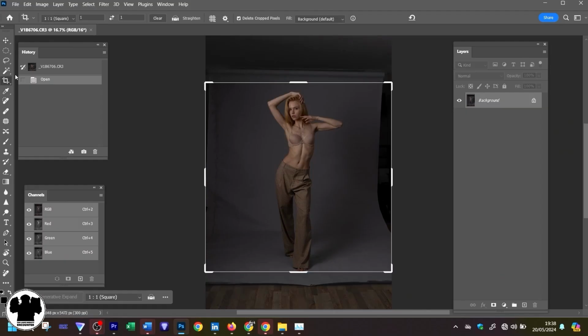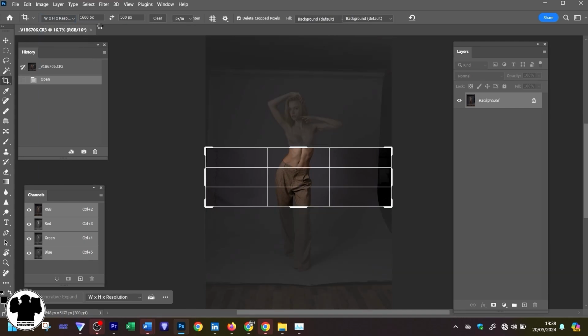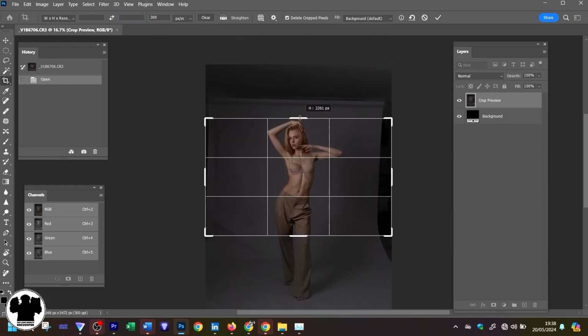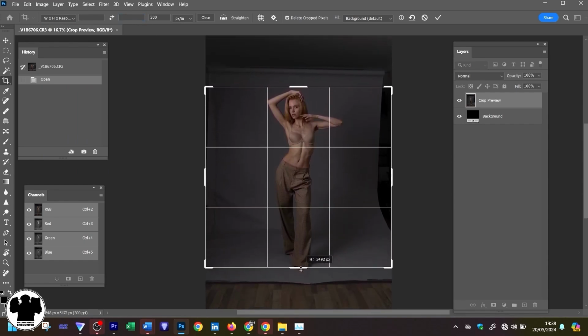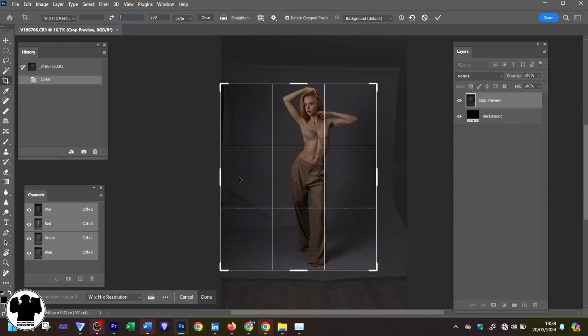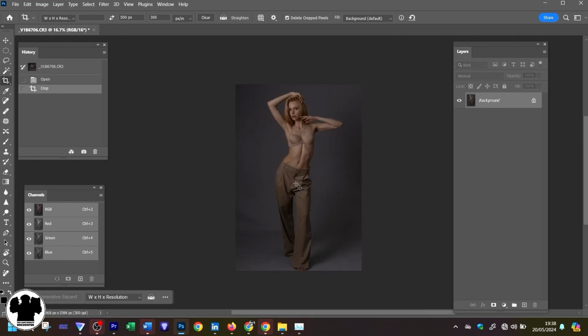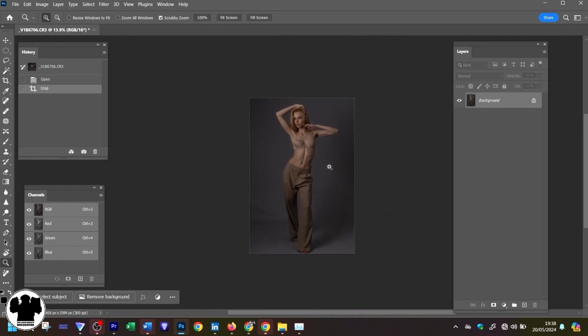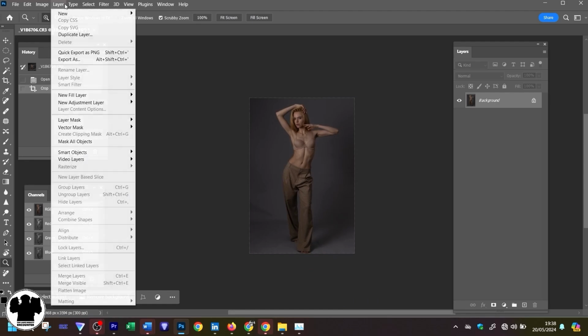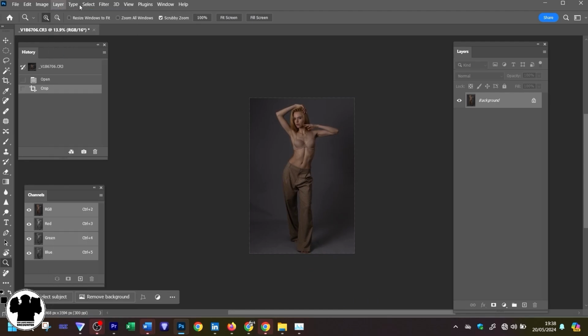But what a mistake a lot of photographers make is they crop willy-nilly. They just go up onto the crop tool just up here, and they go width, height, resolution. They might not even type anything in there. They might just go, well, if I move that to there, and if I move that to just there, and go there, and bring that there. Oh, that's nice. Click enter. Oops, I cropped a foot off. That was an accident. But now you're left with constraints and proportions that don't fit onto most digital devices, but also